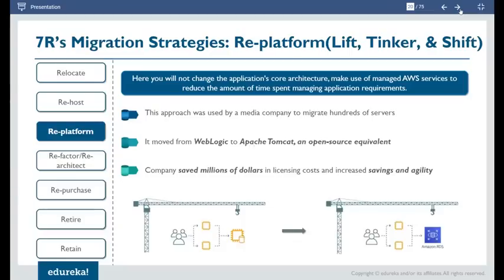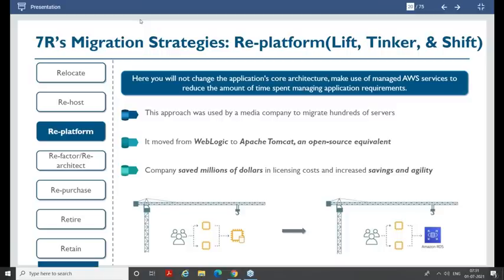Then comes your re-platform. Now re-platform is when in your on-premises, let's assume that you are running a database. In your on-premises you were running Oracle. Now when you are moving to cloud, you want something which is open source. You don't want to spend a license cost.